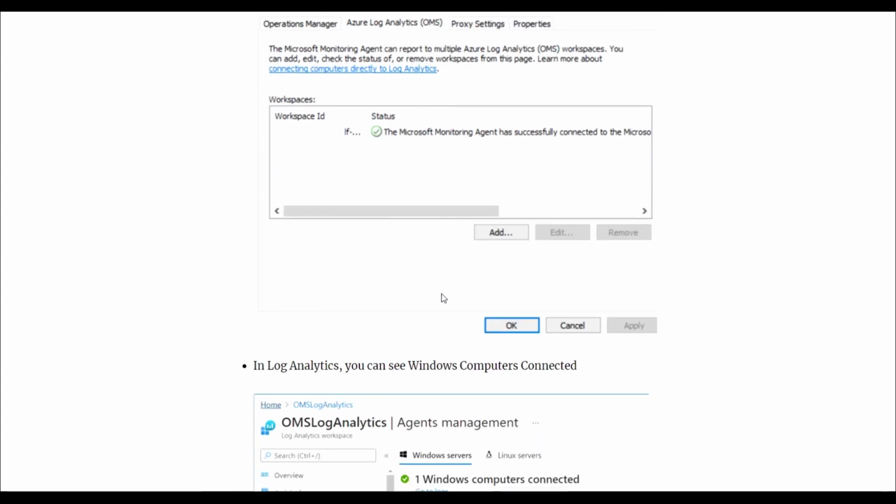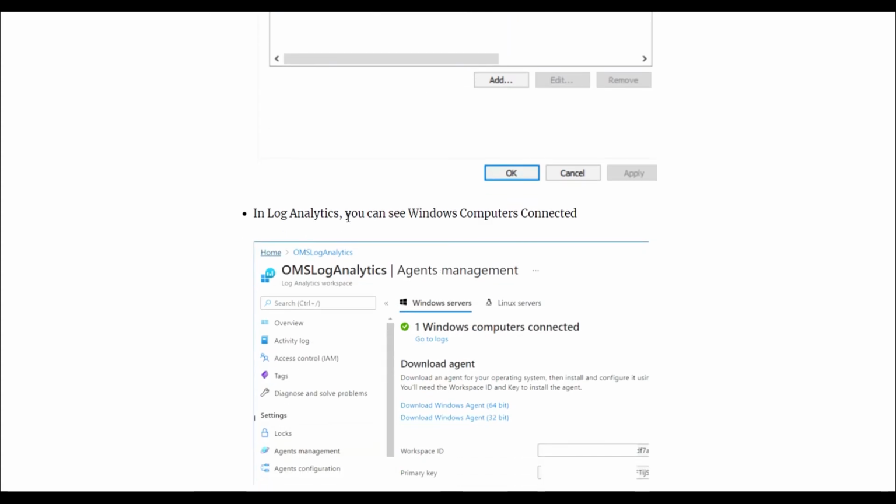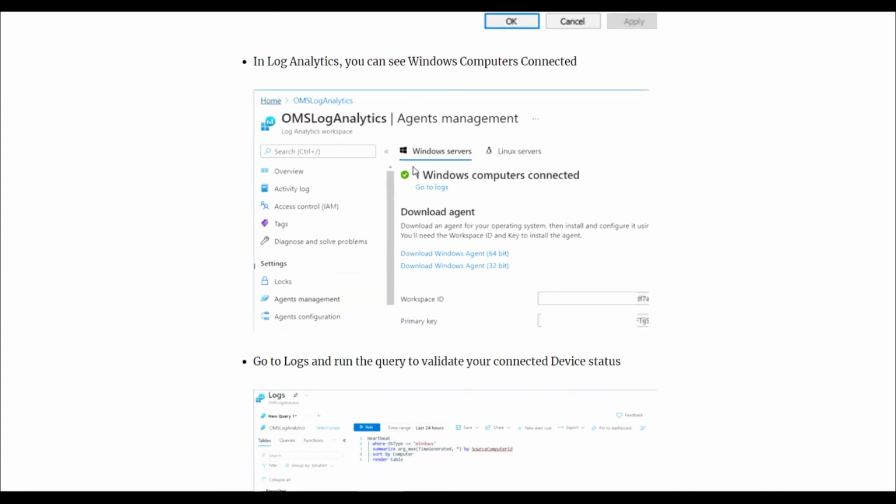Now I'm going to Log Analytics. I go to Log Analytics, refresh this page, and after that go to Agent Management and check that. As you can see here, my computer is connected, showing one Windows computer connected. So my server is reporting to this Log Analytics.